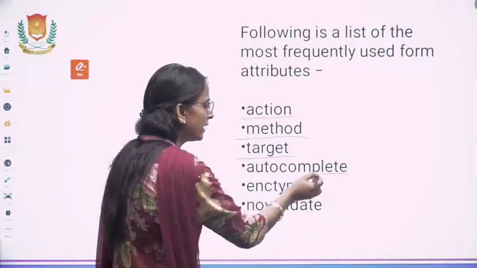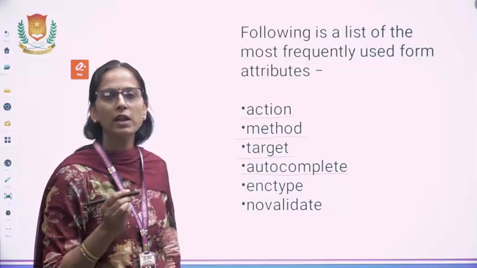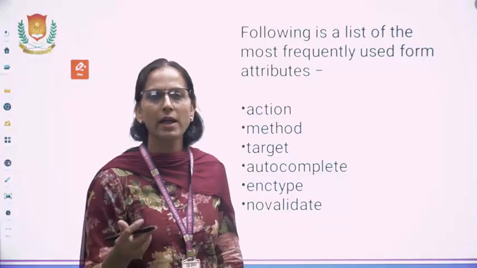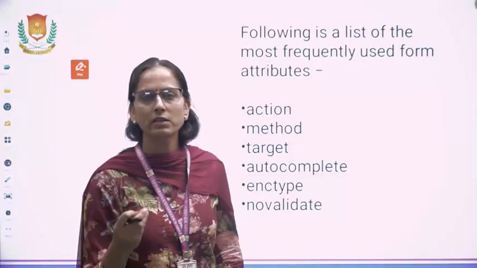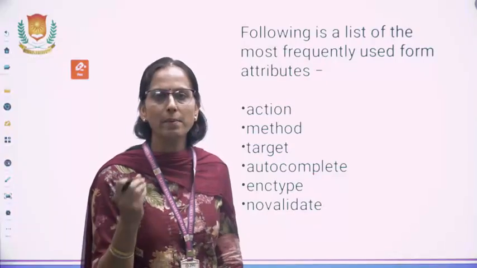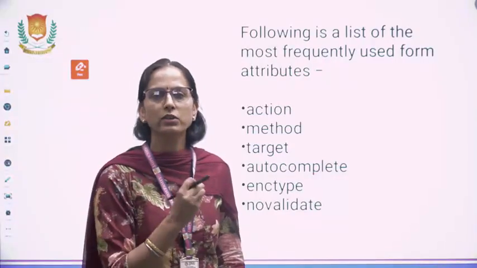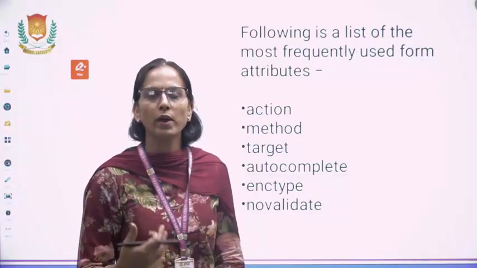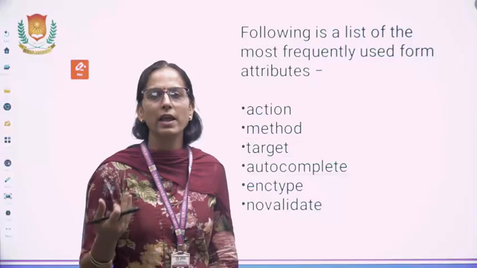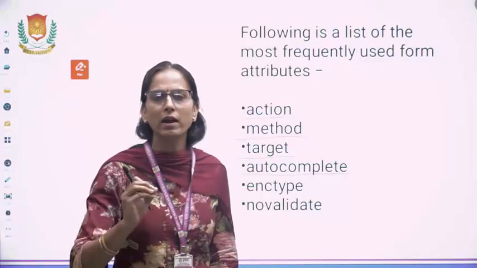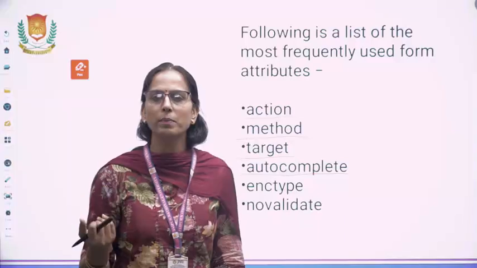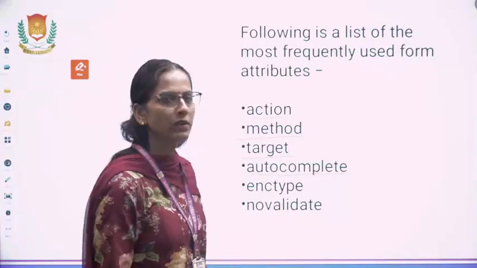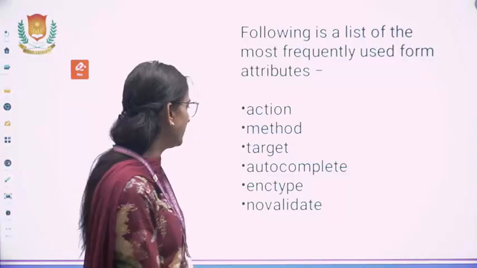Then autocomplete. Autocomplete is a feature where your words will be automatically completed by writing two or three letters, like it is done in WhatsApp. As you write the spelling, you write the first two or three letters, then you get suggestions. In searching also, in all the applications like Instagram, Facebook, we start writing and we get suggestions on the basis of our previous searches. That particular feature is known as autocomplete.